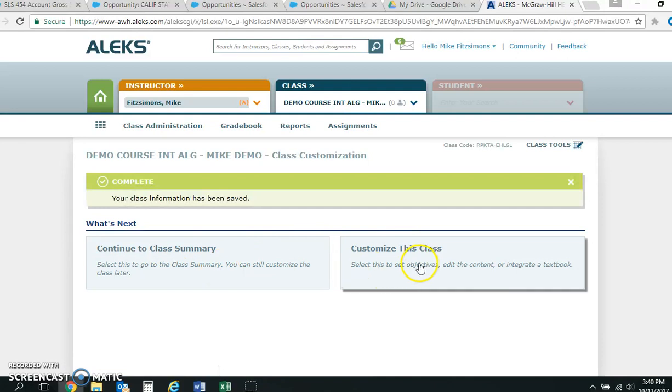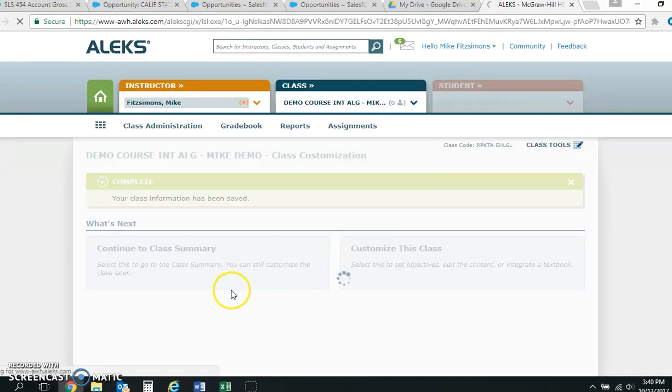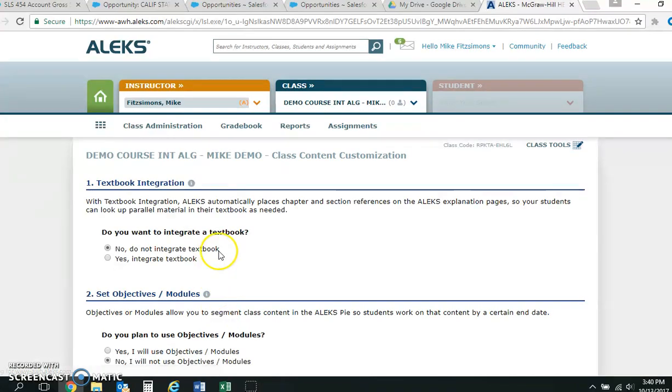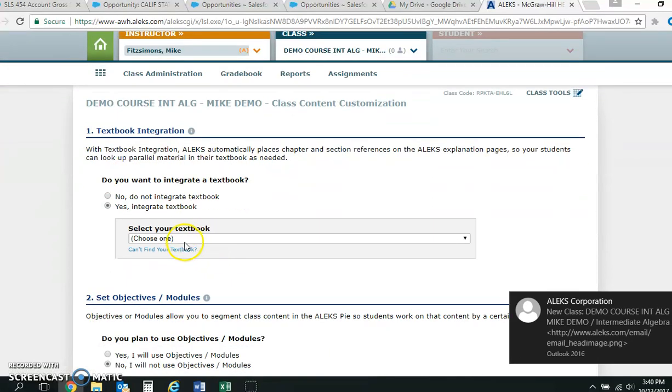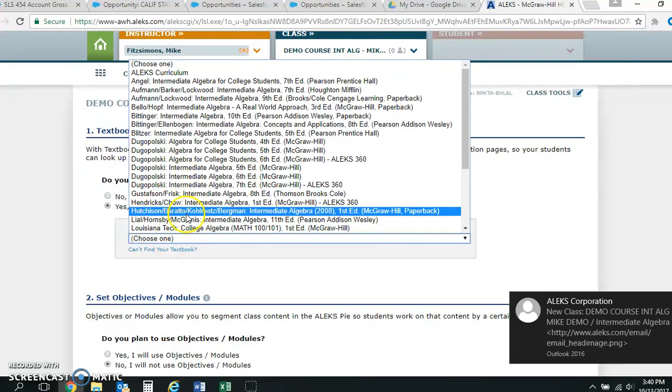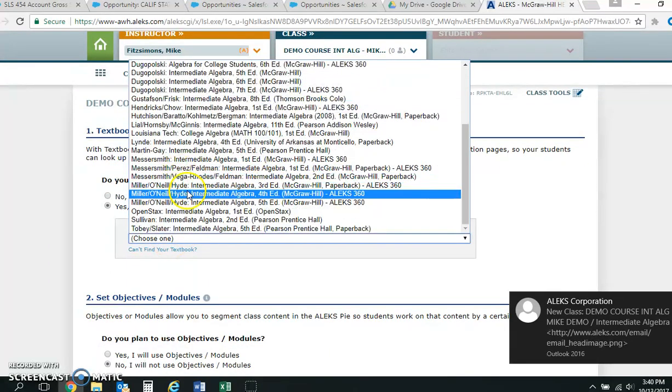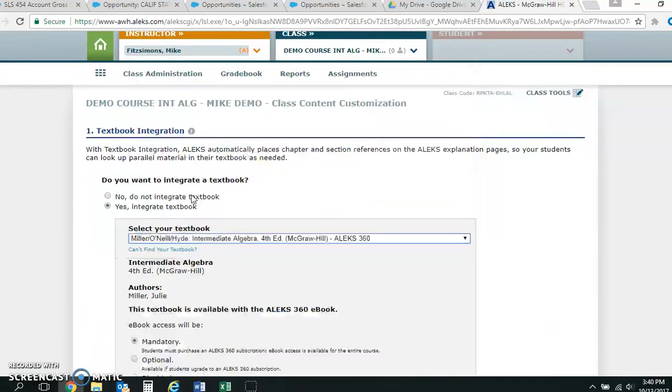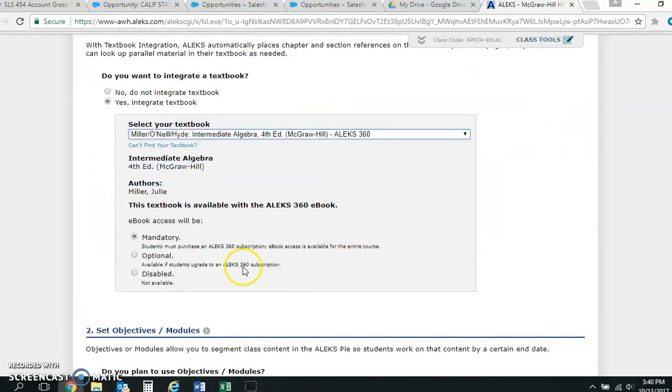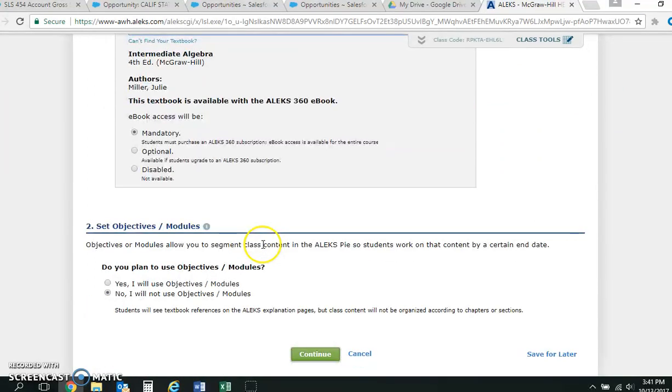And we want to build a customized course. We want to customize it. So we click on Customize this course. And we want to integrate the ebook. So we select Integrate ebook. And we select our Miller Intermediate ALEKS course ebook. And we have the option to choose whether we want the ebook to be mandatory in the course, optional, or totally disabled. I would recommend leaving it mandatory for students to access, but it's up to you to select